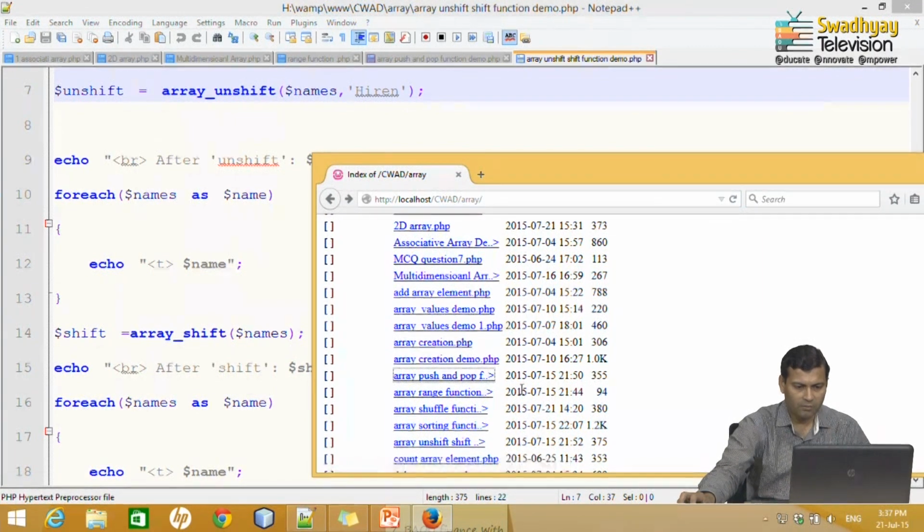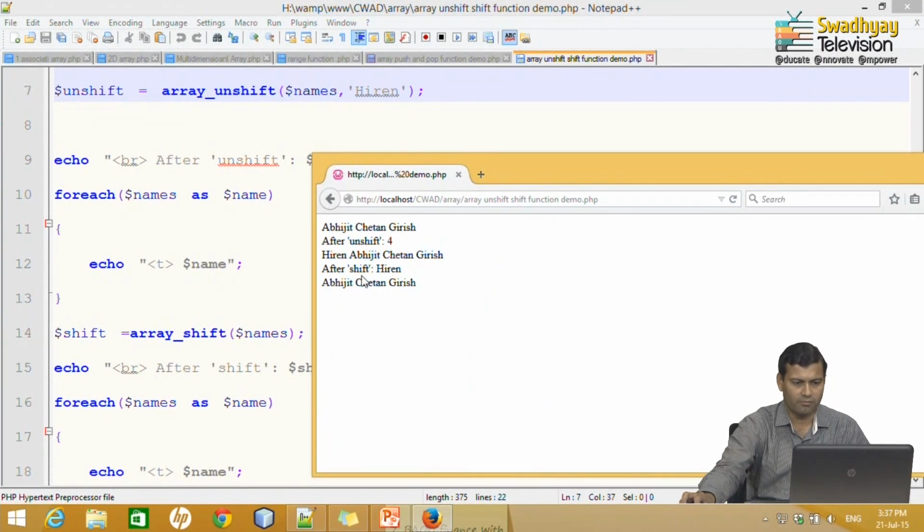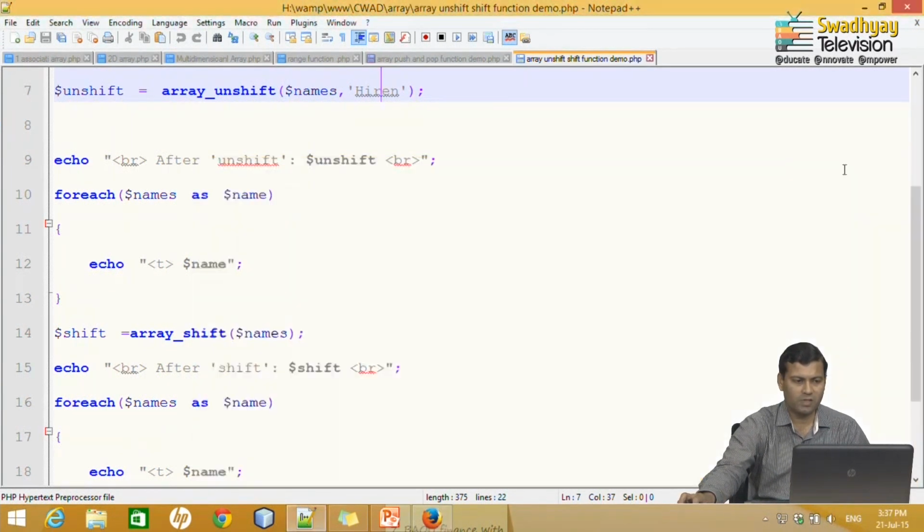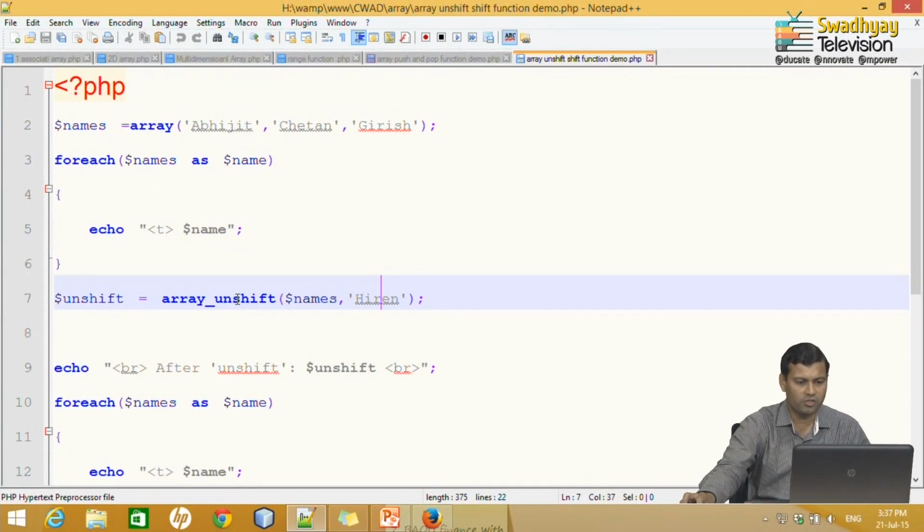So, there are Abhijit, Chetan, Girish, then as we unshift it, Hiren will appear as the first element of the array, and after shift Hiren will be removed and returned, and then we have these 3 values.